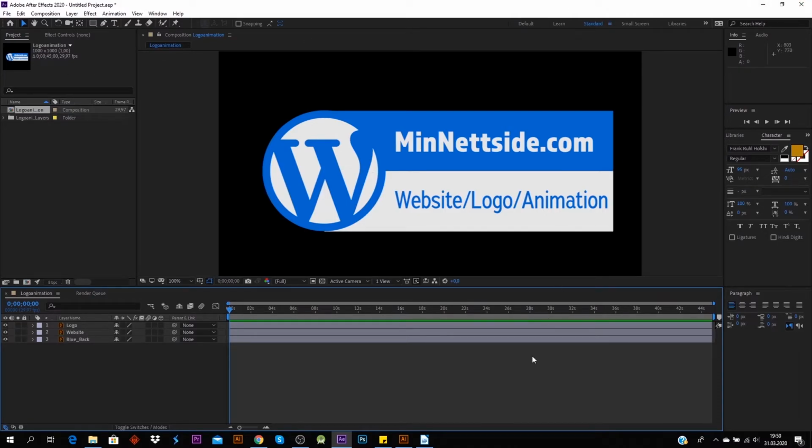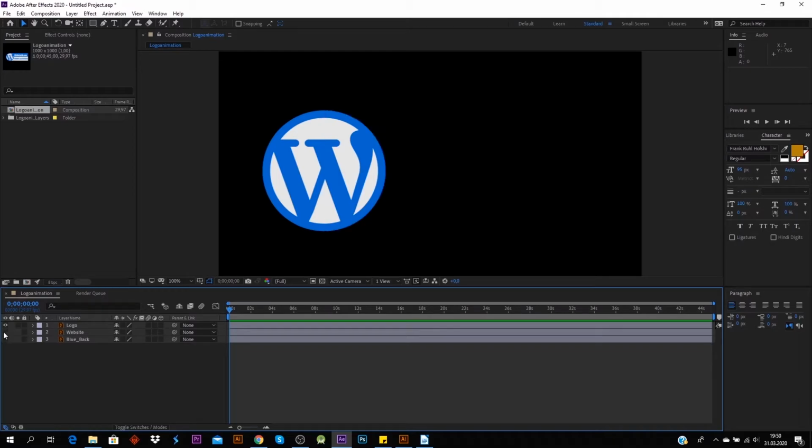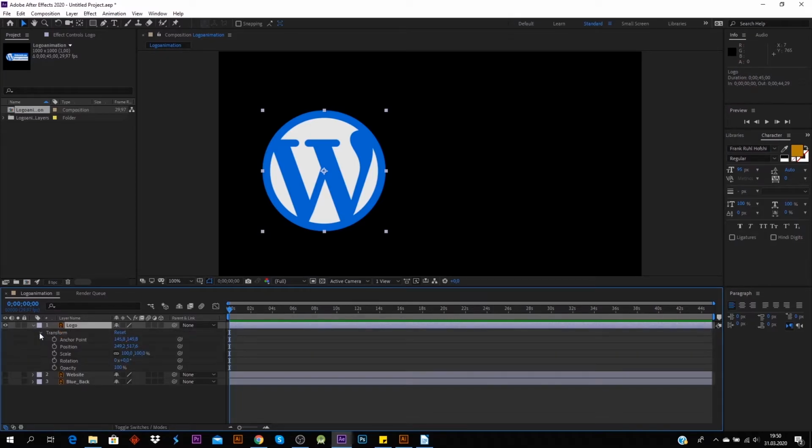Okay, so now I just want to explain the keyframes here, so you understand how After Effects works. We just want to hide this one and only show the logo itself. So click on the eye and you only have the logo. And if you toggle on this little arrow here and open it and open transform,